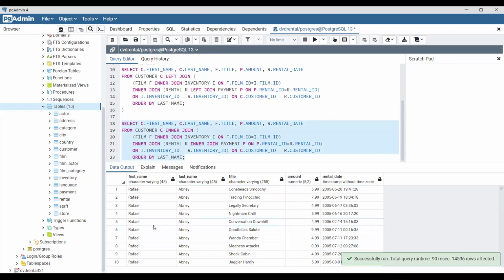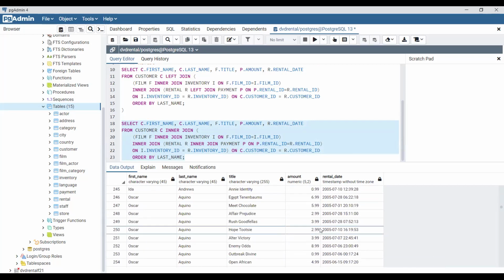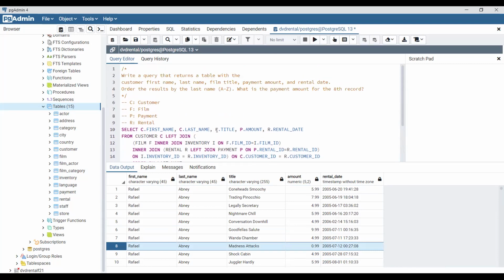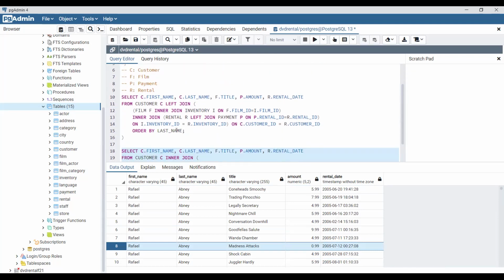So this is the result. And now if you scroll down, there is no null value in the amount. So this is all paid rentals. And the 8th record here is 99 cents. So again, it's very similar, but depending on what assumption you're making, the results are very different. If we're assuming looking at all customers and all rentals, even if there was no payment,